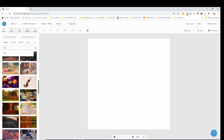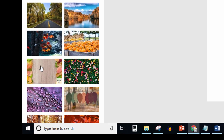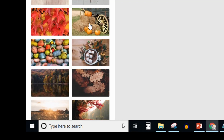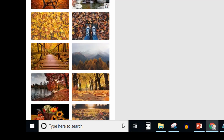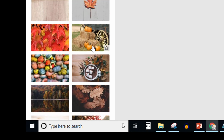Now there's different ways that you can decide to pick the images. You can pick something like this. It's really plain, that you have plenty of room to write something right from the start, or you can pick something, and you can do that. That's like the super easiest, quickest thing of all. Or you can do something that maybe has a little bit more of a complicated background, but maybe you just like how it looks a lot better, and I'll show you how to work with something like that. Let's pick this image right here,